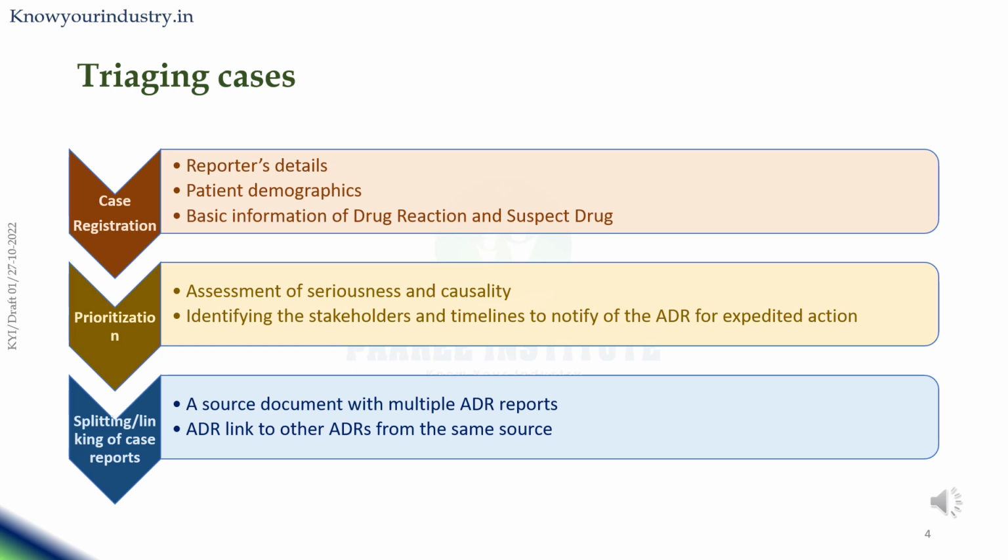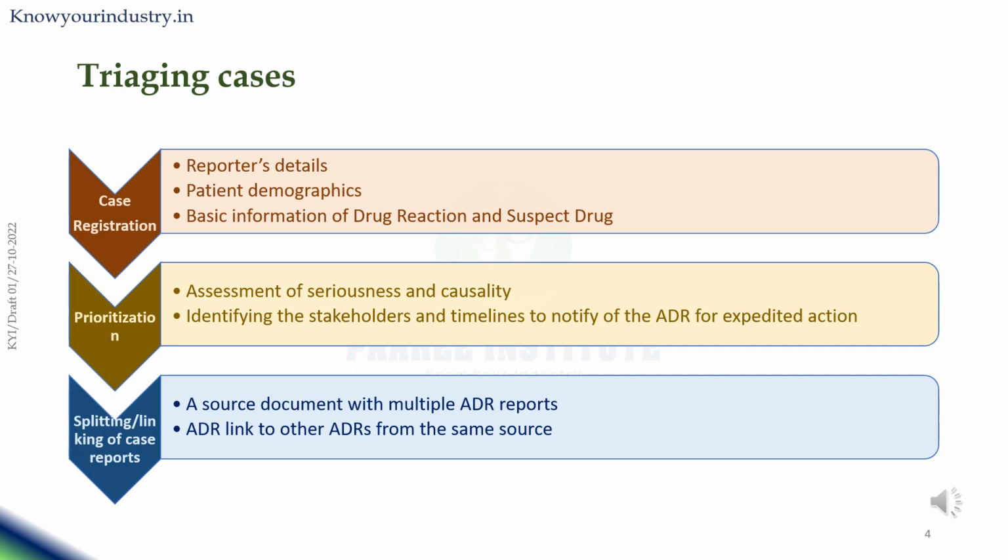The last step during the triage is splitting or linking of the cases. If multiple case reports are reported from one instance, it should be verified and the case reports split for each patient, creating the appropriate number of ICSRs. Example: a single literature report describing 10 patients who experienced adverse events following treatment with a suspect drug. If the publication details the 10 patients meeting the minimum criteria of a valid case, 10 case reports will be created, that is, one case for each patient.